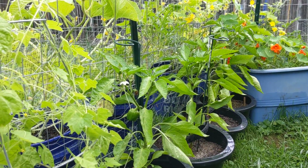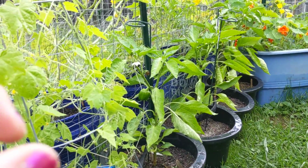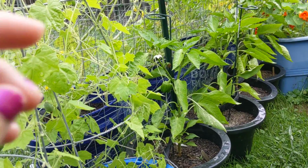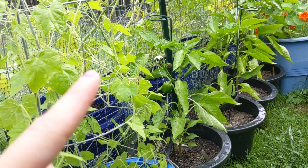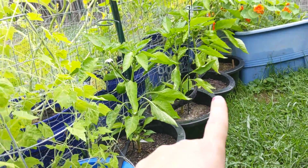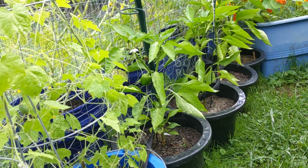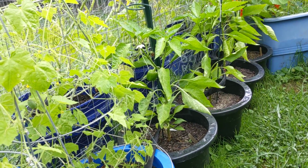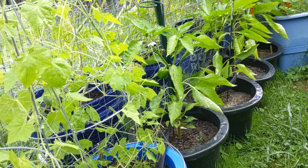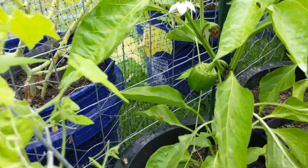California Wonders. I thought that I had only planted 5 peppers from seed that I grew myself, but come to find out I actually did 6, because I have 4 California Wonders in these little pots right here. 1, 2, 3, and 4. Those I started all myself, and then I have 2 more peppers in the raised bed, 1 California Wonder and 1 Yellow Monster. So I actually grew 6 from seed all by myself, and if you'll look,